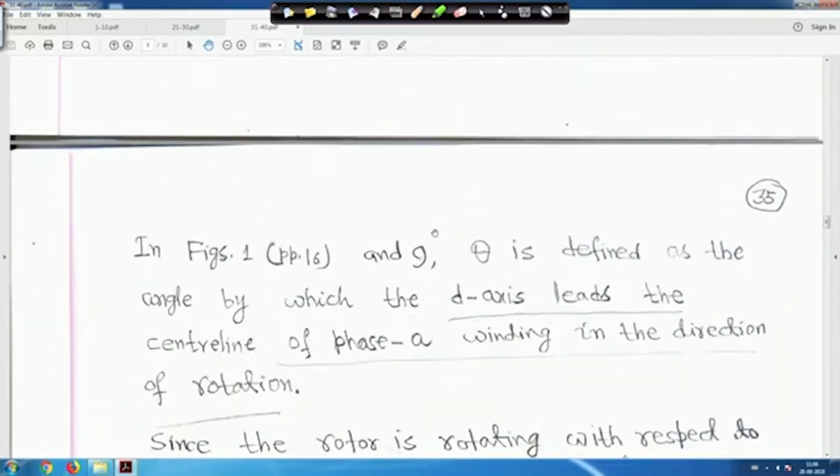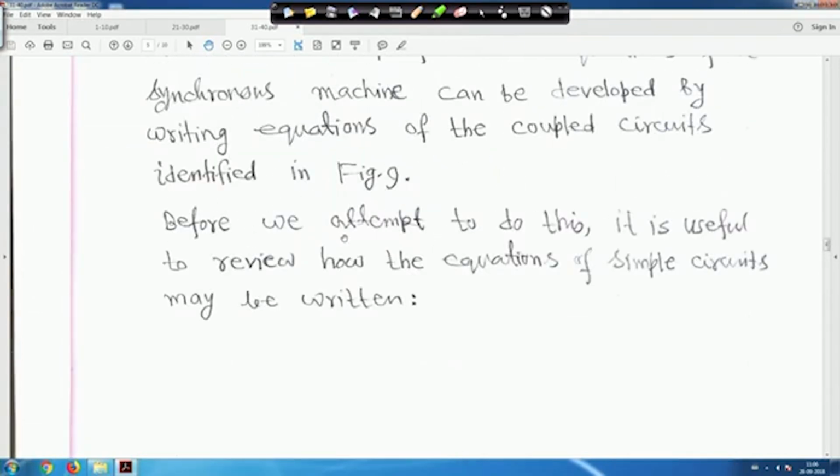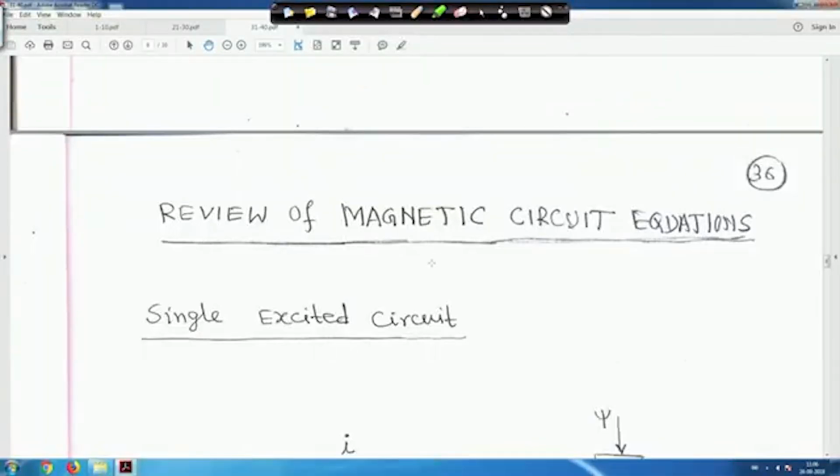in first year. So before going to do that, as we have to study coupled circuits, we will just brush up our memories. We have to review the magnetic circuit equations briefly, because you have already studied coupled magnetic circuits in your first year. If you want to brush up your memories, in the Fundamentals of Electrical Engineering first year course which I have recorded and which is ongoing now, magnetic circuits and coupled circuits are explained in detail, right? The same concept will be applied. Before writing the synchronous machine equations, we have to review our magnetic circuit equations